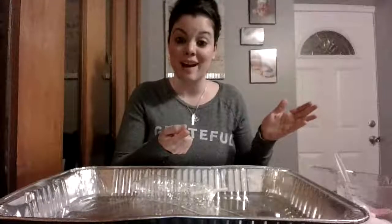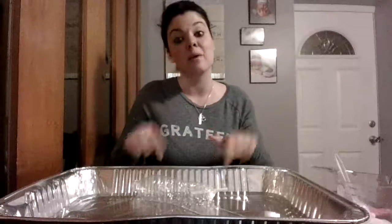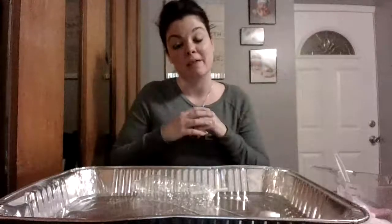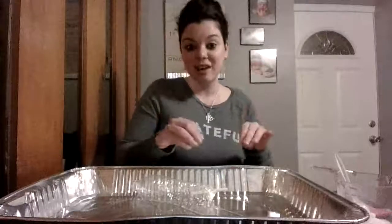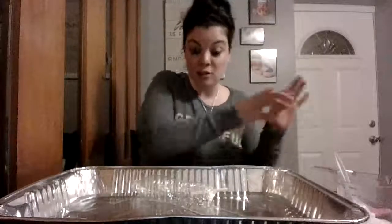Carbon dioxide is actually what we breathe out. When we breathe in, we're breathing in oxygen. When we breathe out, we're breathing out carbon dioxide. Now, this is the same gas. This carbon dioxide, though, is made from the mix of vinegar and baking soda. When it reacts, it's going to form bubbles. It's going to form gas. And hopefully, that reaction is going to force bubbles out of the straw and push our boat